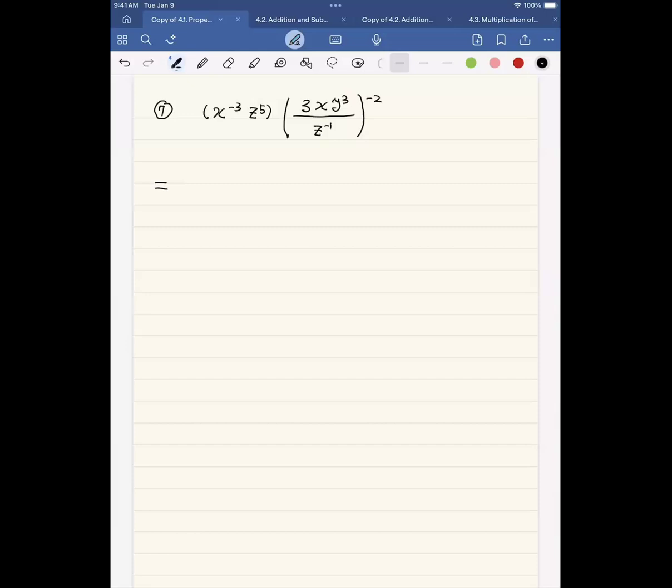What we want to do first will be rewriting this like this. x to the negative 3 power is 1 over x cubed times z to the 5th power is z to the 5th power over 1 times